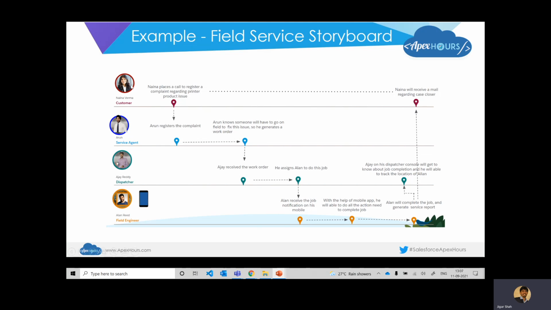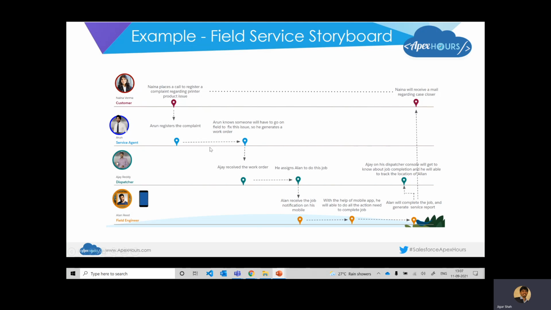And you see that there are typical user personas that are there, right? And so there is a customer user persona, of course, and then there is somebody who's a service agent, then there is somebody who's a dispatcher. So in the field service world, when issues come in or transpire from the customer, there will be a service agent who will be the first touch point for the customer. The service agent, depending on the complexity or the nature of the resolution required, it could actually go to a dispatcher in this case, who could be from the back office, who is actually responsible for scheduling visits or work orders for typical people in the field, and these could be field engineers, field technicians, right?